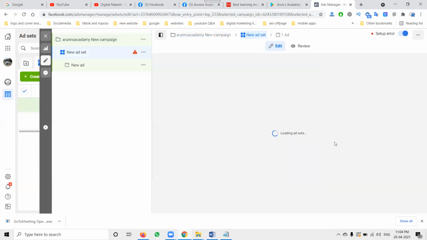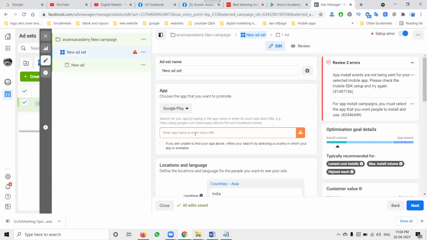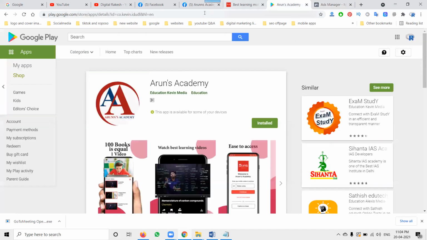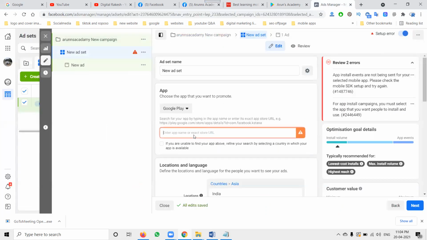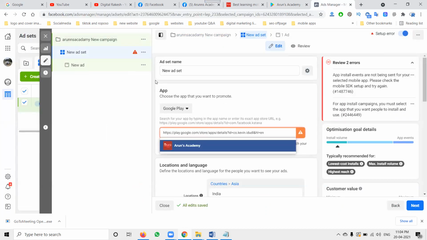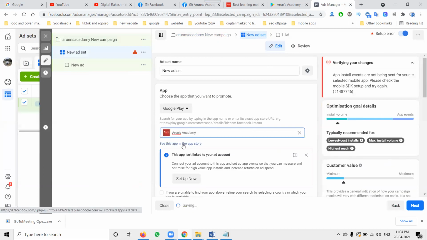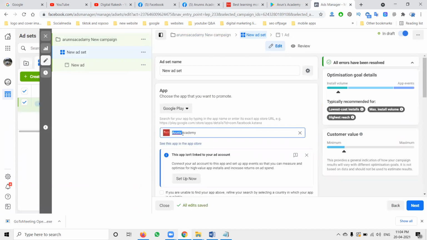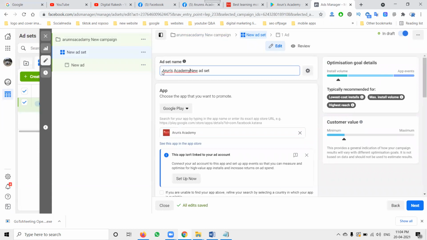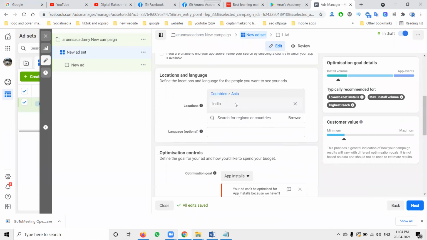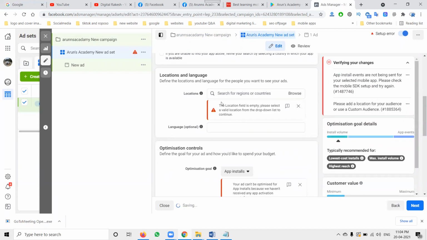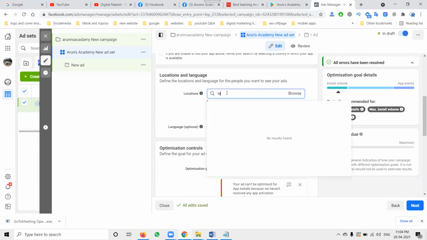Next, in this, add your Google Play Store URL in your option. It is compulsory. What is the app you are promoting? The name will be compulsory. Here is where you can promote, your location.